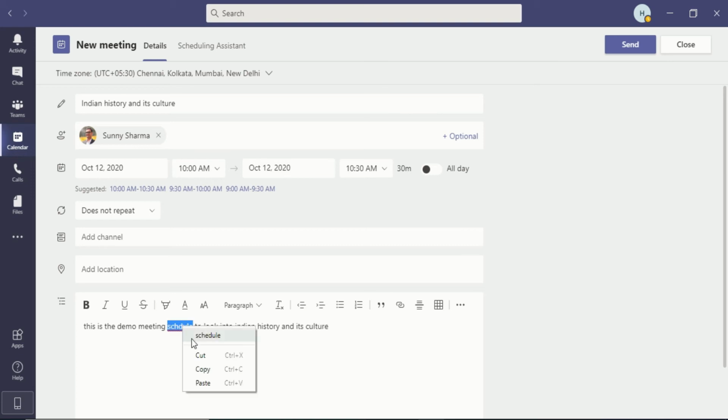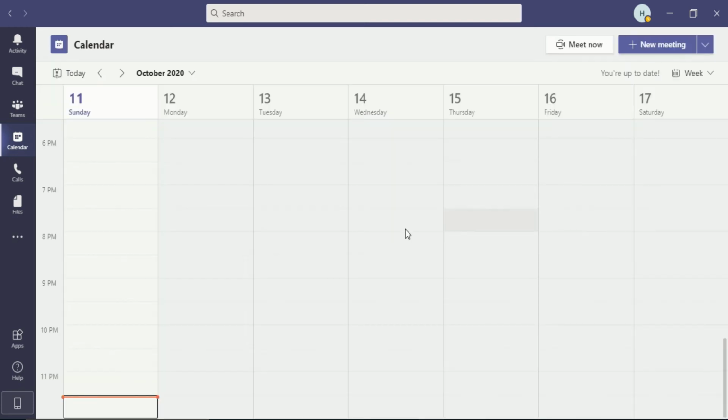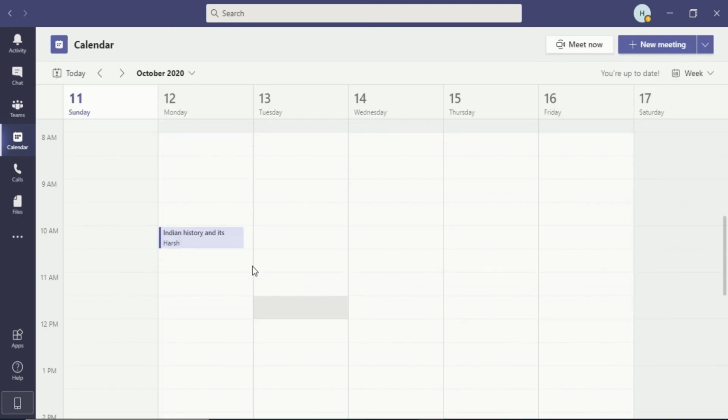Now you can make changes if there are spelling mistakes. Now you can see I have scheduled the meeting. After that, just click on send. When you send, you will see the meeting has been appointed. Now I want to make the changes so that, in spite of the people I have invited, no other person would come in, or even that person should come in only after I allow them to.